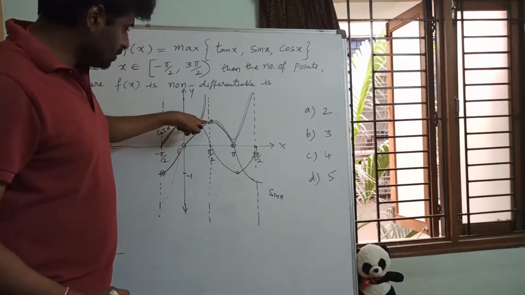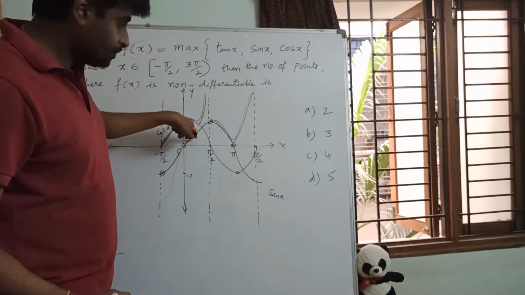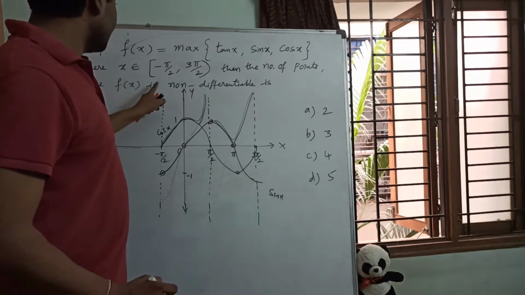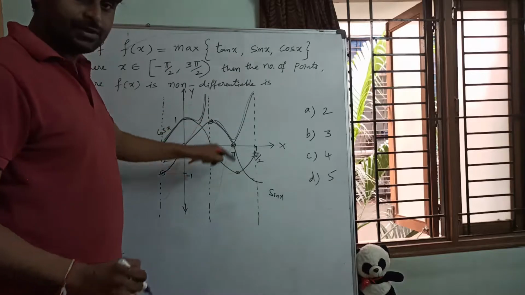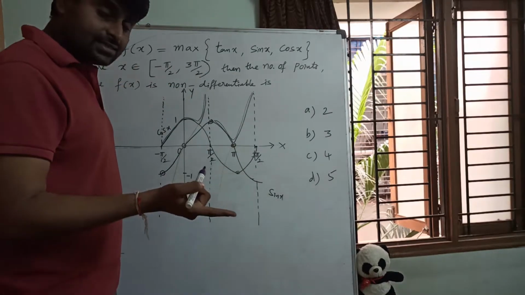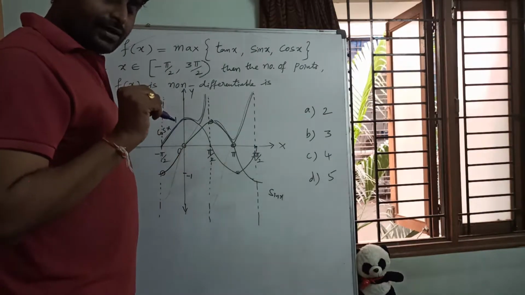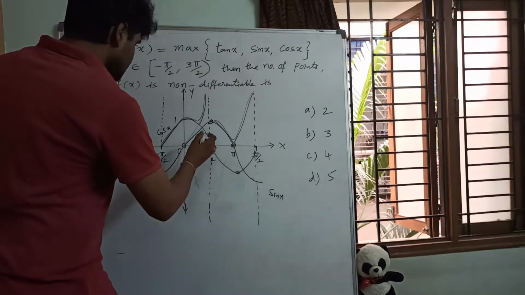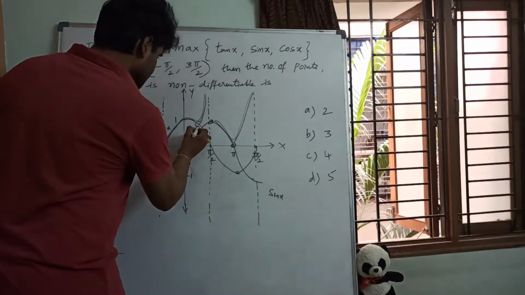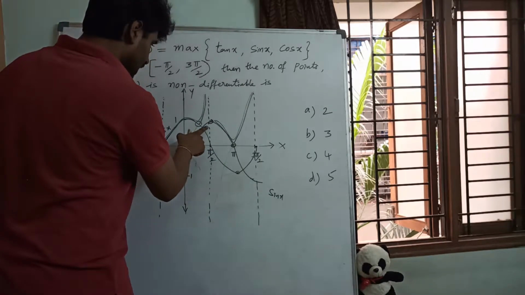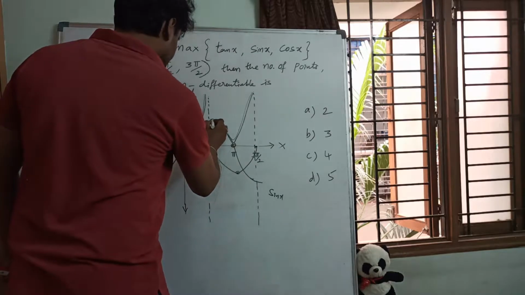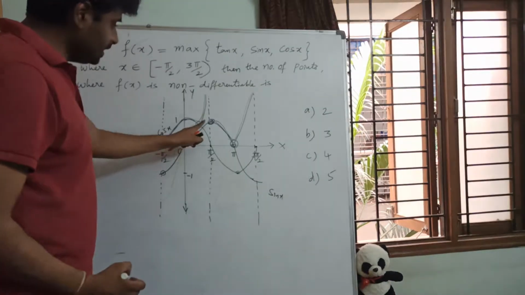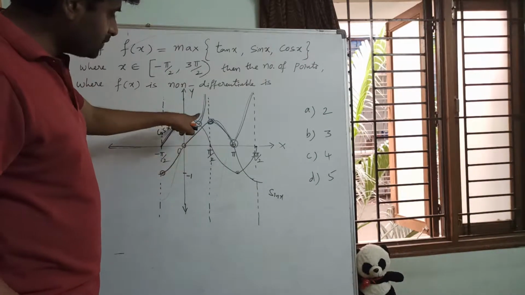Okay, and this one, it is already discontinuous. It is not going to be continuous here, right? So what are the points where this function is non-differentiable? Non-differentiable means where it has corner points. Generally, for differentiable, it should not have corner points. So what are the corner points we have? So this is one corner point. Okay, and after that, what is the corner point here? At 90, and 180 also. Okay, so these are the three corner points for this curve.